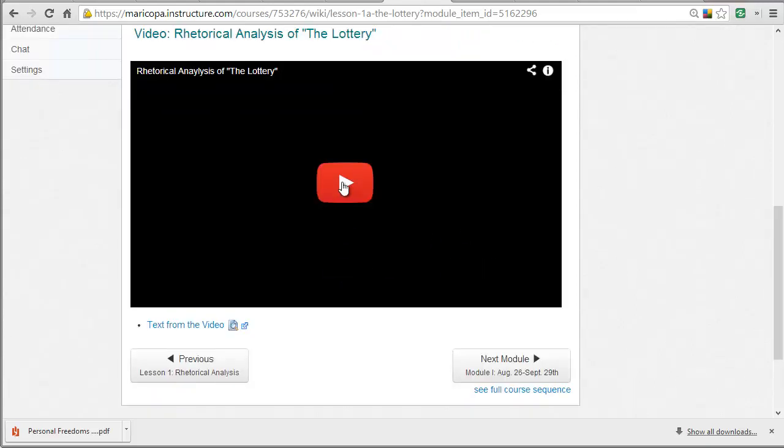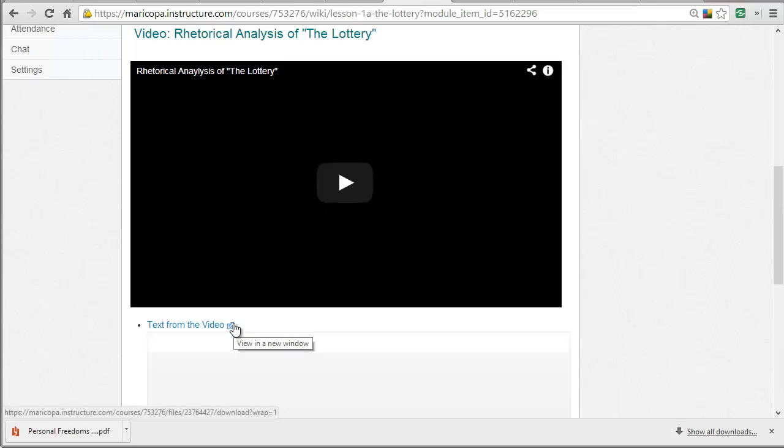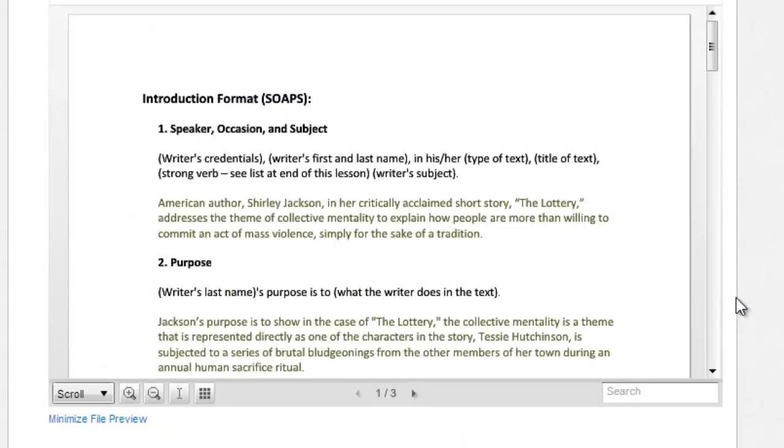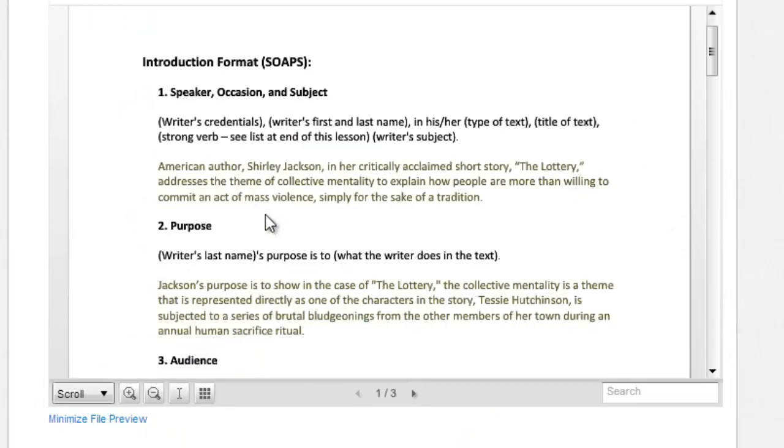Now, if you're not a good visual learner and you wanted to actually see that in text form, you can just click this link here. And by doing so, you will see that I have in green an example of a rhetorical analysis journal post highlighting the parts that you're supposed to do. For instance, if you're doing SOAPS like you're supposed to, and not very many of you did SOAPS, you'll see that speaker, occasion, and subject pop up in your first sentence that you write.